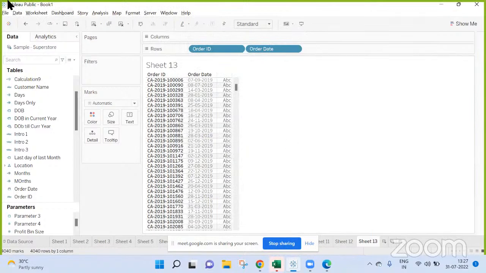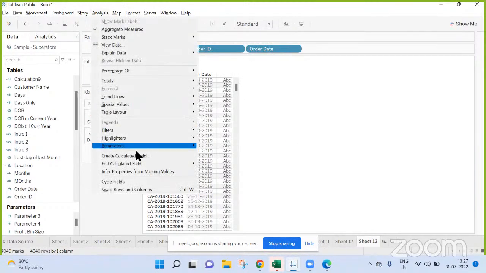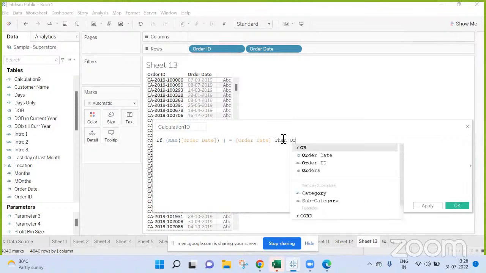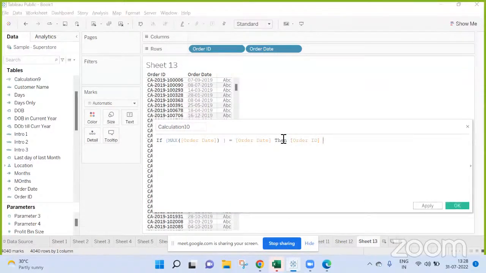Okay, now in this, you mean to say whatever is your latest date, then you want your meeting ID. Now here there might be more than one meeting ID.